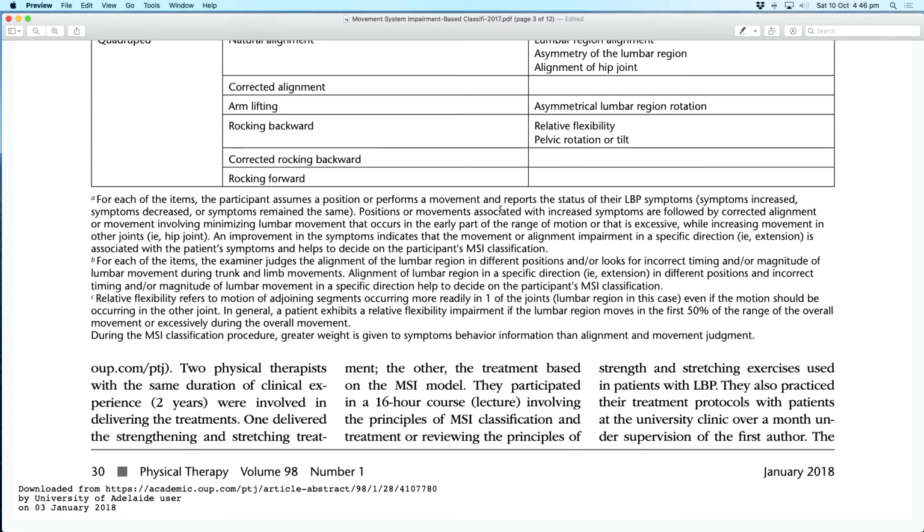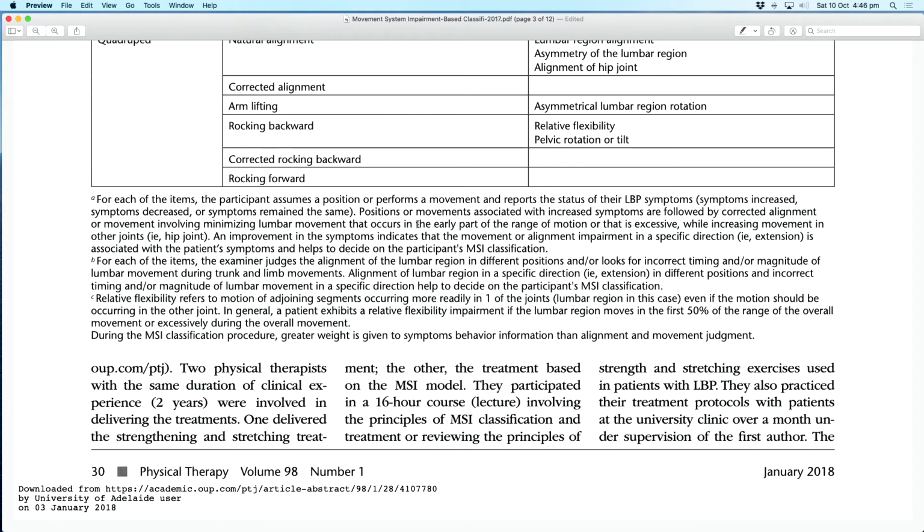And for each of the items, I'm reading here now from the study, the participants assumed a position or performed a movement and reported the status of their low back pain symptoms. So symptoms either increased, decreased or stayed the same. Positions or movements associated with increased symptoms are followed by corrected alignment or movement involving minimising the lumbar movement,